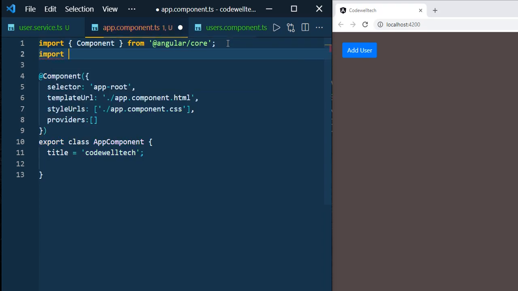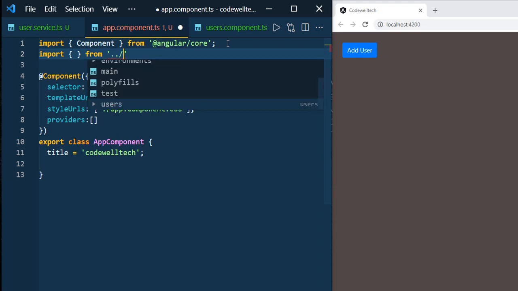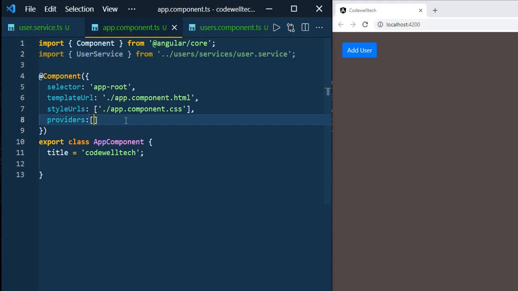So import from, and use the two dots, then slash users. It is there in the services folder. So slash services slash, we just use the user.service. We don't use the file extension, that is .ts. And the name of the service is UserService. Save it. And now just add this to the providers array.